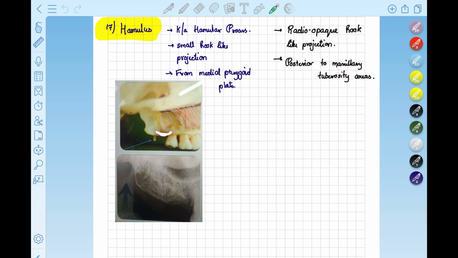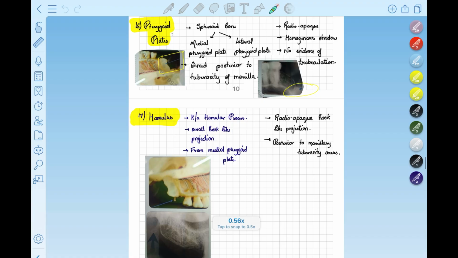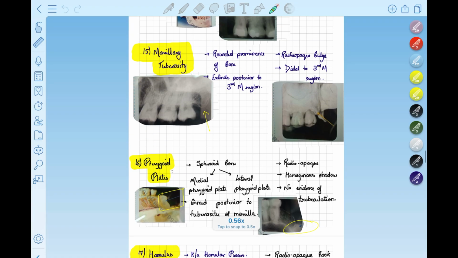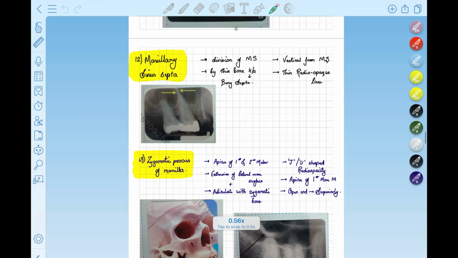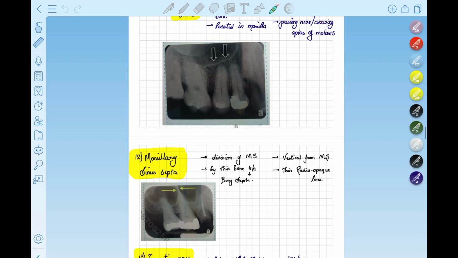This was our maxillary tuberosity area, and this part is nothing but the hamulus, which is situated posterior to the maxillary tuberosity area. It is the continuation of the medial pterygoid plate, which was also situated posterior to the maxillary tuberosity area. These were the structures seen in the posterior region